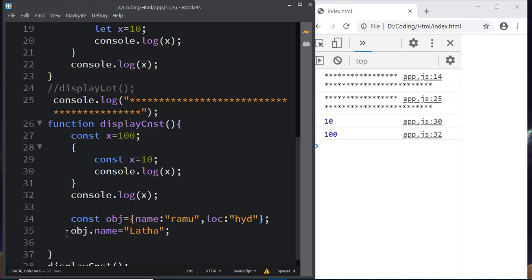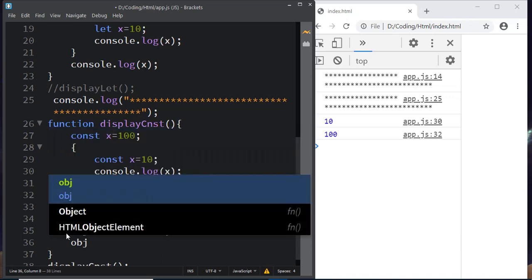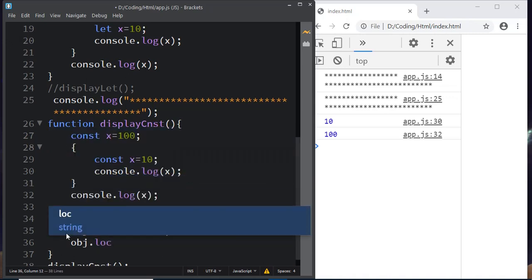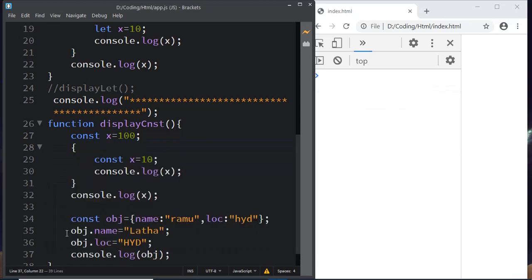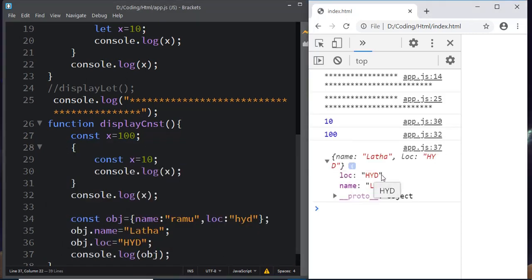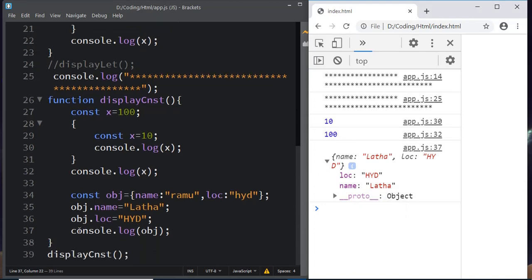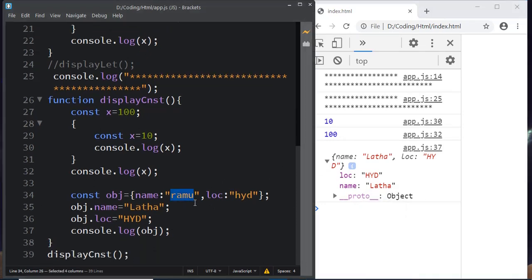We are just modifying the property of the object. Obj.loc, we can give HYD in capitals. It won't give any error. Now just type it in, you can see location Hyderabad and name Lata, which we modified. Initially it was Ram and Hyderabad.